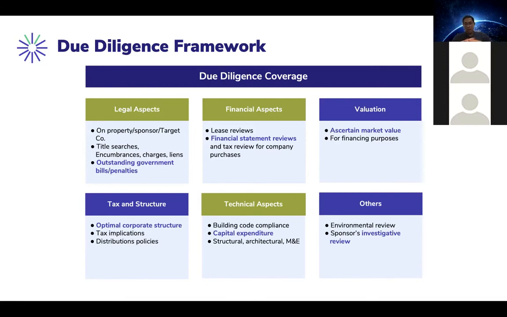Now, if the asset is in breach of a certain building code, there could be huge financial penalties with the regulators. For example, in certain jurisdictions, the fire sprinkler system in a building needs to be tested and certified every year. Okay? So if it's not done, the regulators will be after us, right?